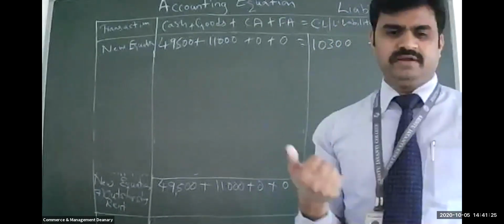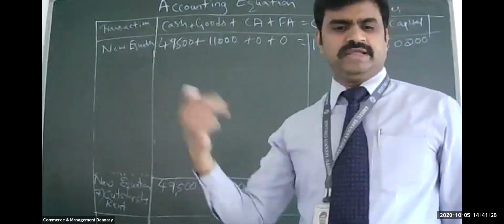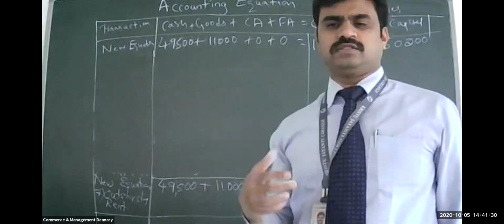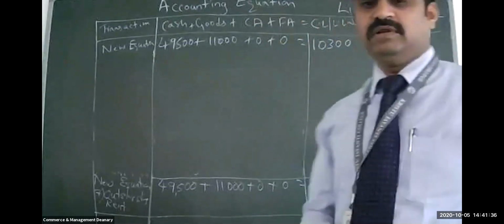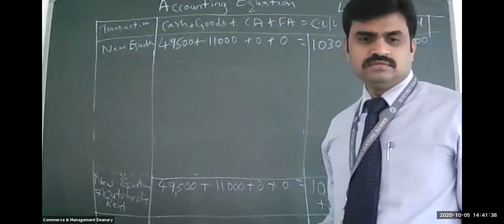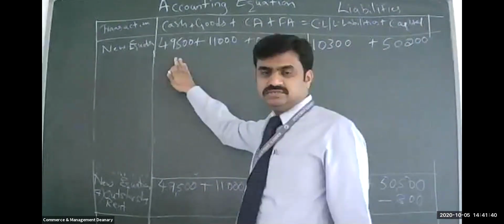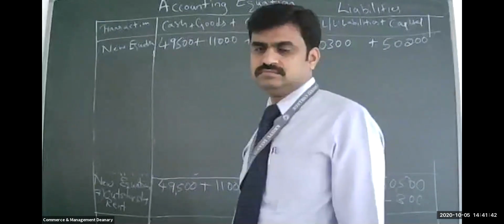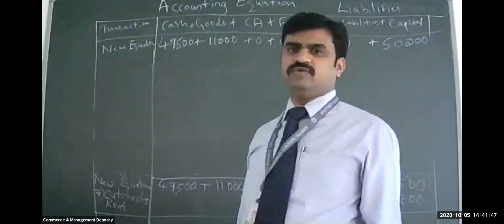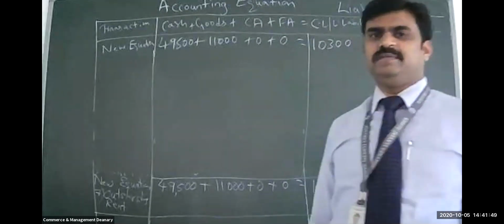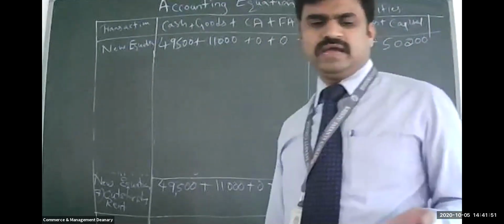Profit. Correct? The cost price is only 2,000, but the selling price is 3,000. So how much is profit? 1,000. 1,000 is the profit. So how will you write this now? What do you write on the cash? Nothing, because it is not selling for cash. No cash is coming in. But what is going out?